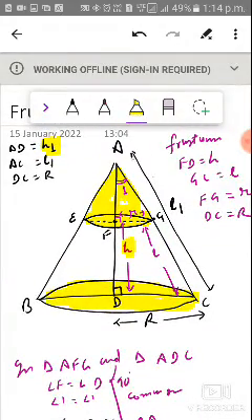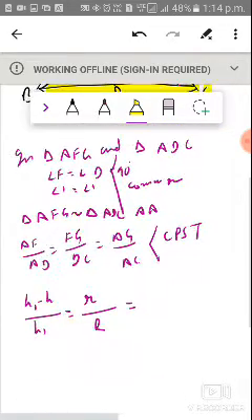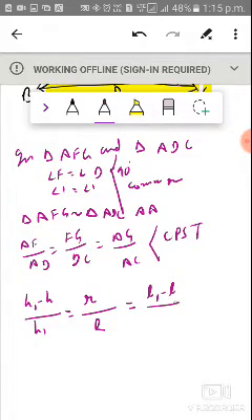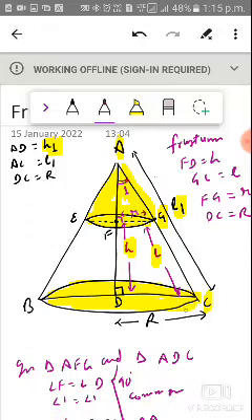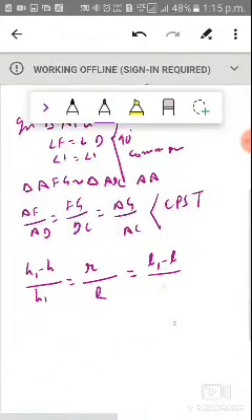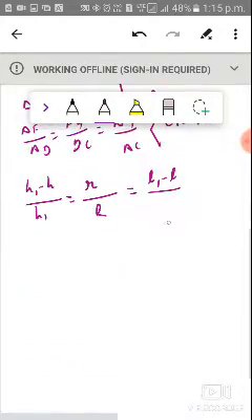Now you see AC, that is L1, and GC, that is L. So L1 minus L will be AG. So in place of AG we are going to write L1 minus L. So here we are going to write L1 minus L by AC, that is L1. Okay, right? Now